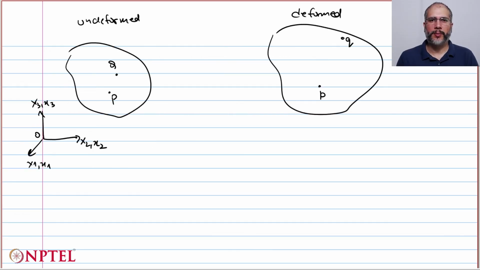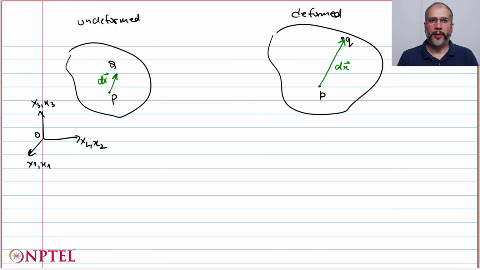So here is the typical picture that we draw for 1, the undeformed configuration, and 2, the deformed configuration. So we have a point capital P around which I want to quantify the deformation, and point capital Q is a point that is close to point P in the undeformed configuration. So first we draw the vector d capital X that joins capital P to capital Q, and then small p and small q are the images for capital P and capital Q in the deformed configurations. So we draw the vector small dx,